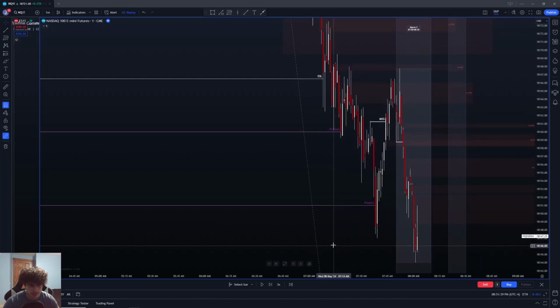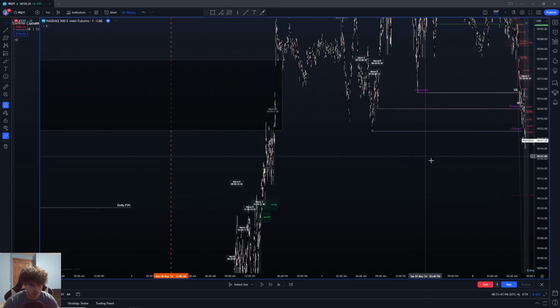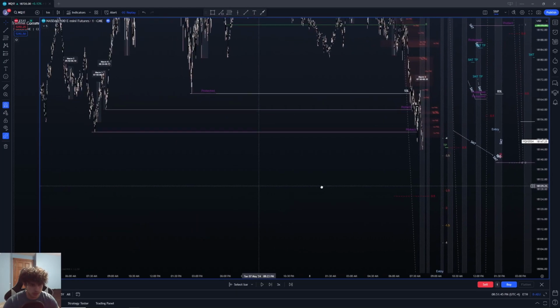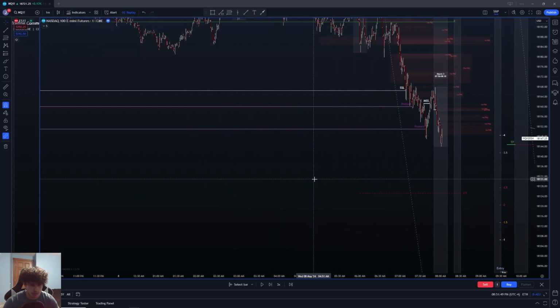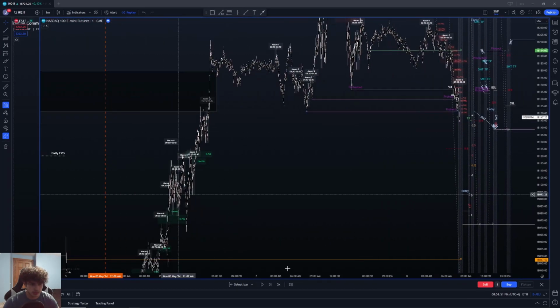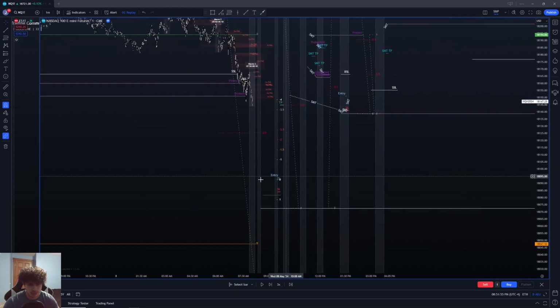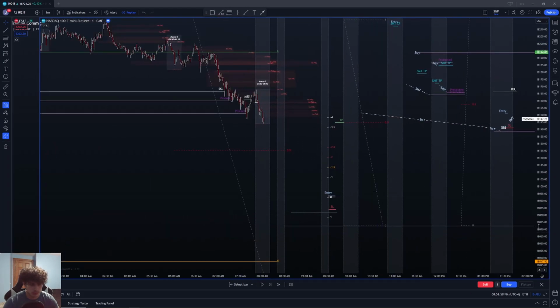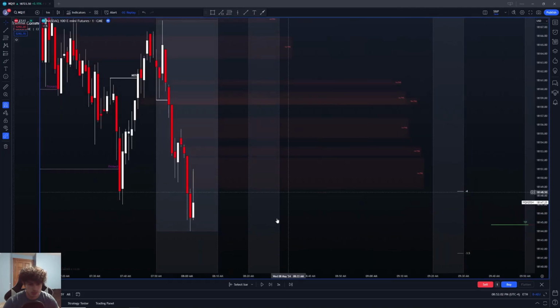And then that's really it for this macro, right? This is the liquidity that we are wanting to target. You could also possibly target the discount of this entire massive range right here, right? This entire massive range here is discount. So you can possibly have a TP there. So I'm going to real quick